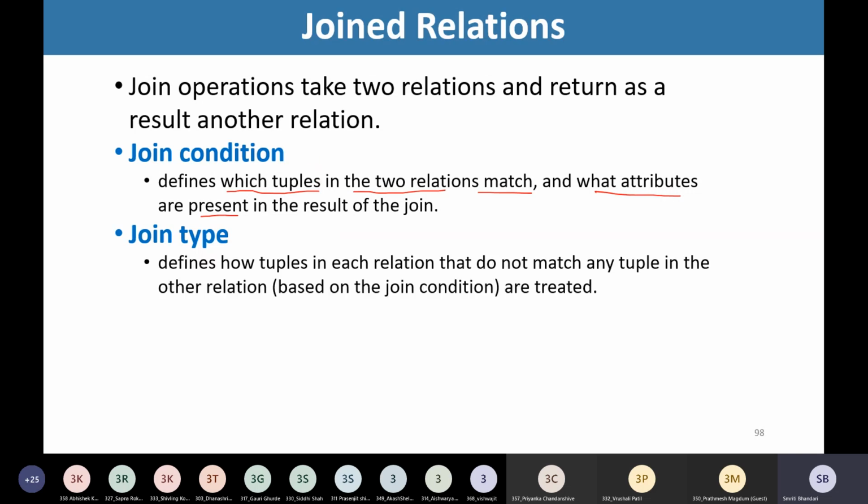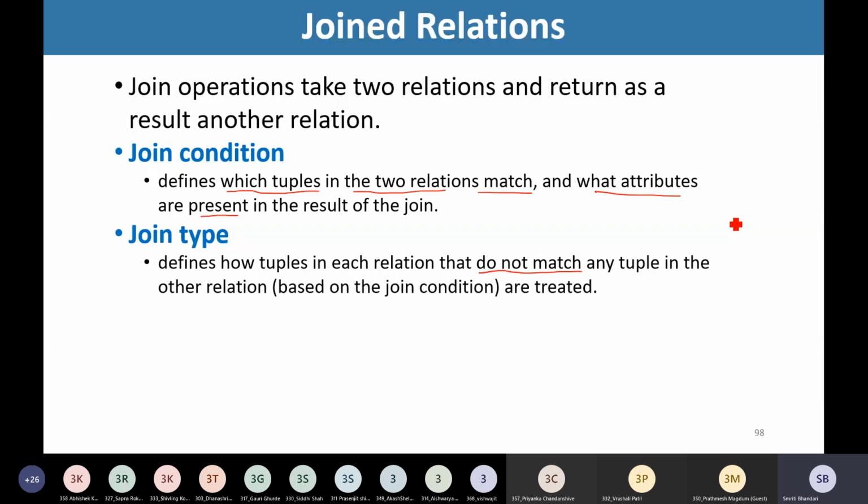Then what about join type? Join type defines how tuples in each relation that do not match any tuple in the other relation are treated. Sometimes it happens that if we have common attributes in two tables, we may find that in one of the tables there are no tuples matching with respect to the common attribute values.